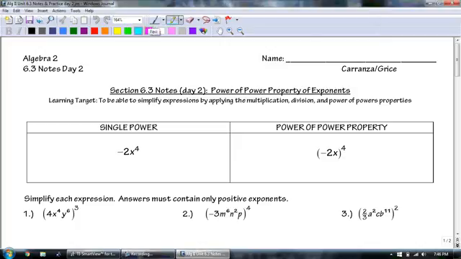Today we are talking about the power property of exponents. Our learning target today is to be able to simplify expressions by applying the multiplication, division, and